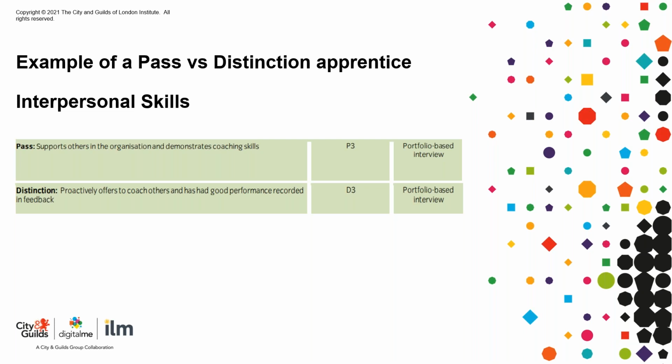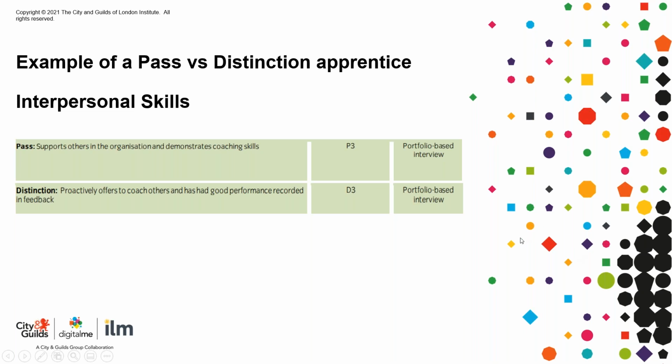Although the assessor might probe their answers to get additional insights into the circumstances of the coaching referred to, the distinction apprentice will give good, detailed answers that meet these criteria without having to spend extra time answering further questions. Coaching and supporting colleagues comes up in 4 different KSB areas, both in pass and distinction criteria, so it's really worth getting this right. There are actually no tricks in endpoint assessment. Tricky corners, yes, but everything that needs to be demonstrated is laid out for you, the employer and the apprentice in the EPA pack and mapping document.